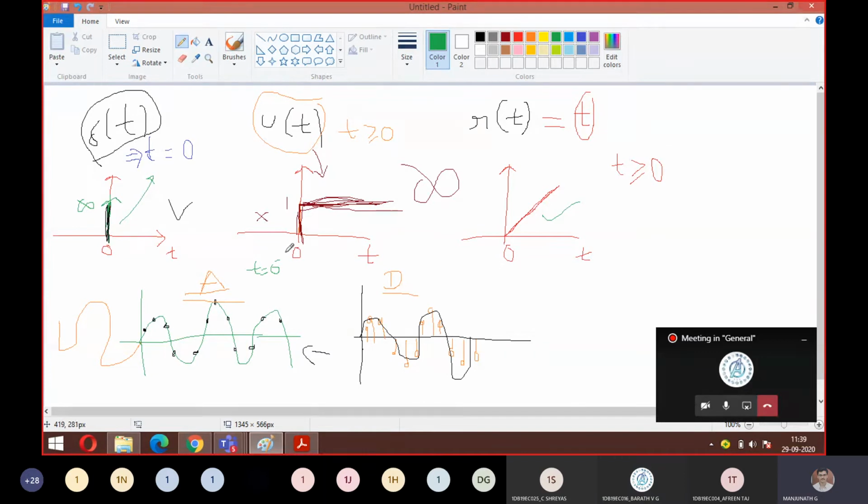So what is the meaning of 0 minus now? It comes somewhere in this zone, any value. It is approximately equal to 0 only, but it is not exactly equal to 0. It comes somewhere here, where I am marking. Correct? It comes somewhere here. Yes, sir. So do you think there is no signal itself, right? U of t? Correct, everyone? Because u of t occurs only for t equal to 0 and greater. From this side it will go. From the negative side it is illegal. So such a signal doesn't occur itself.